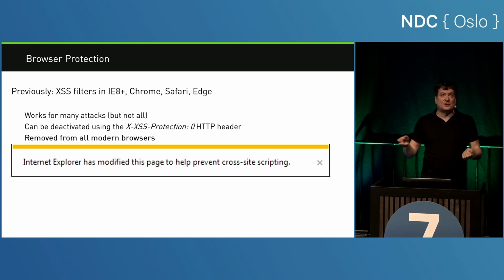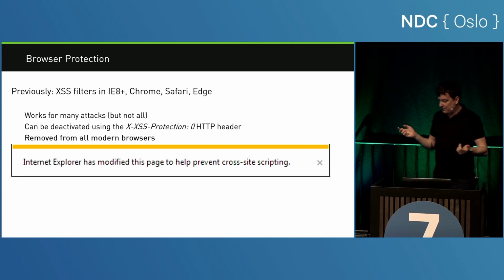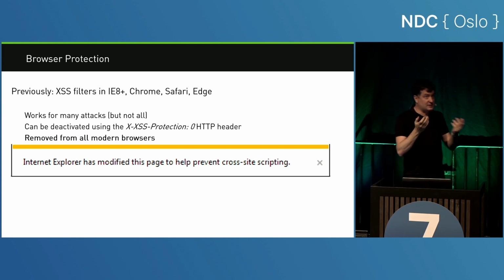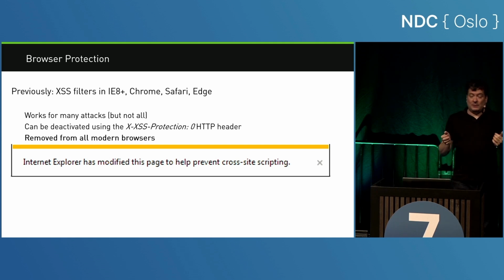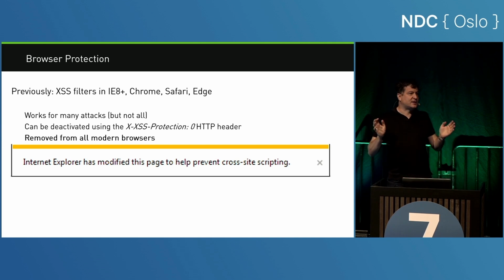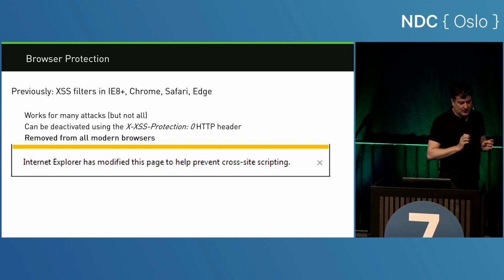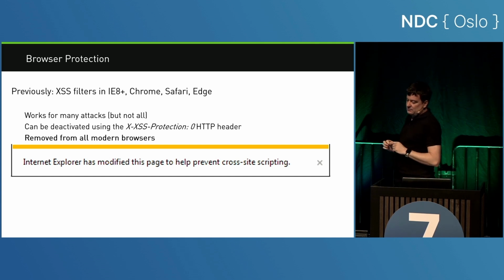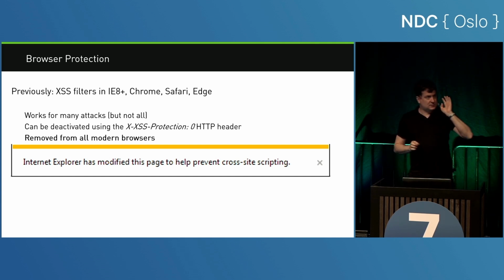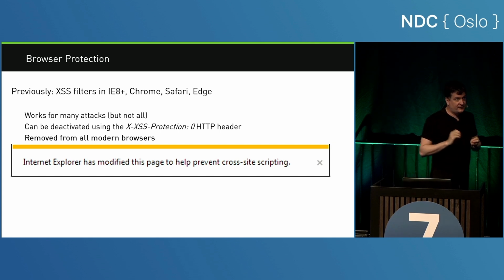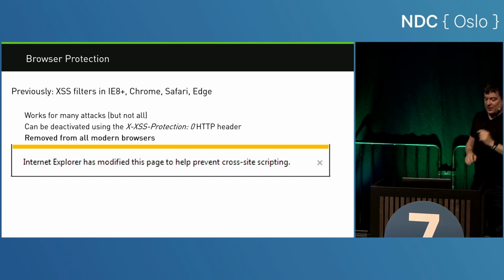A filter that had to be fast, otherwise users would complain, and should not provide or report any false positives, because then users would complain. So it was fast and not good. So these were the two design goals of that browser protection, and therefore the protection was always insufficient. Essentially, Firefox was right. Eventually, IE and Chrome, Safari, Old Edge, New Edge, they all removed that feature